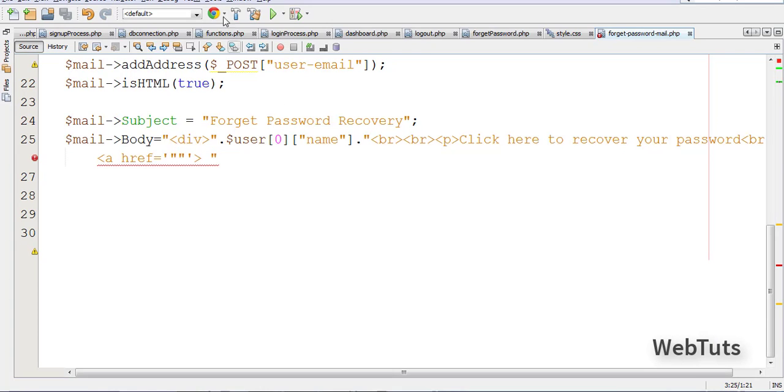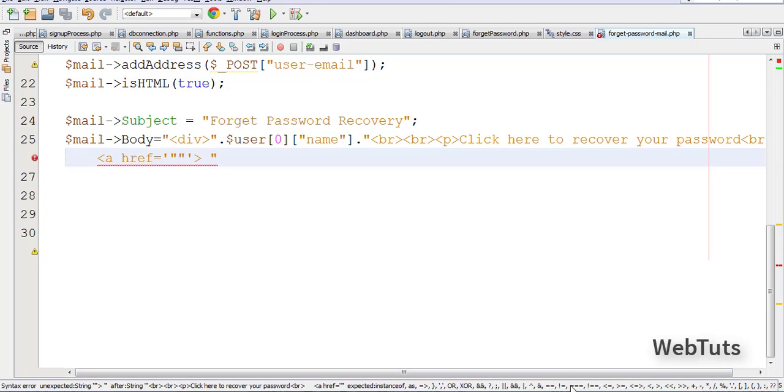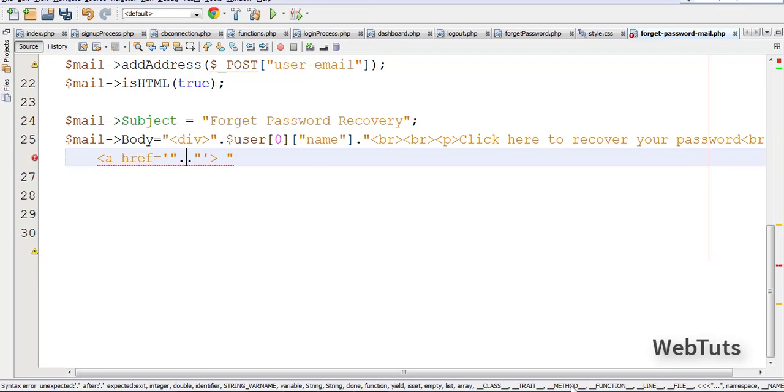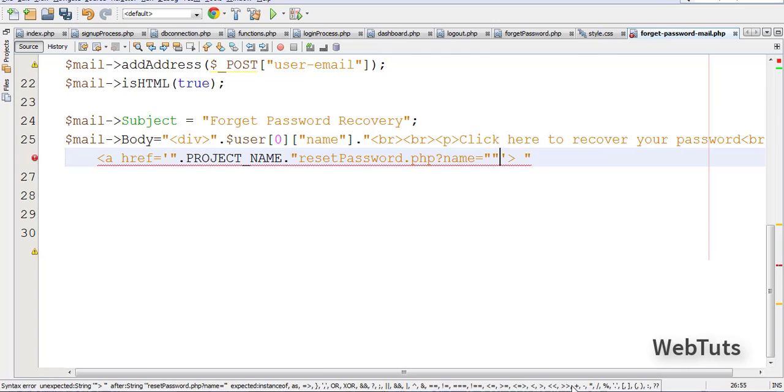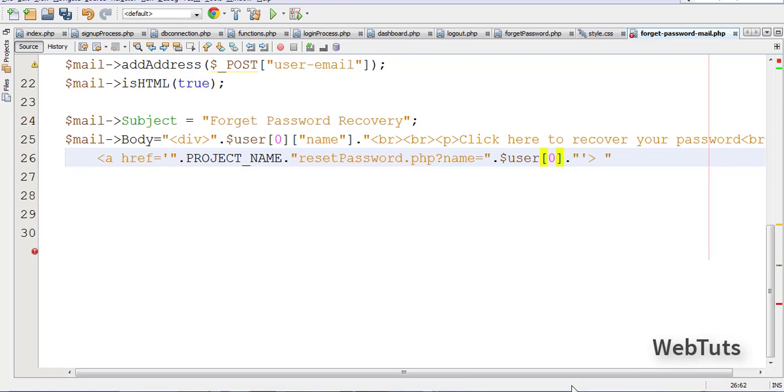So just under the href we need to concatenate. So project name, then reset. Now again call a new file, reset password dot php, and then question mark name is equal to, again concatenate dot, dollar user, and in the two dimensional array 0 to access name, and now